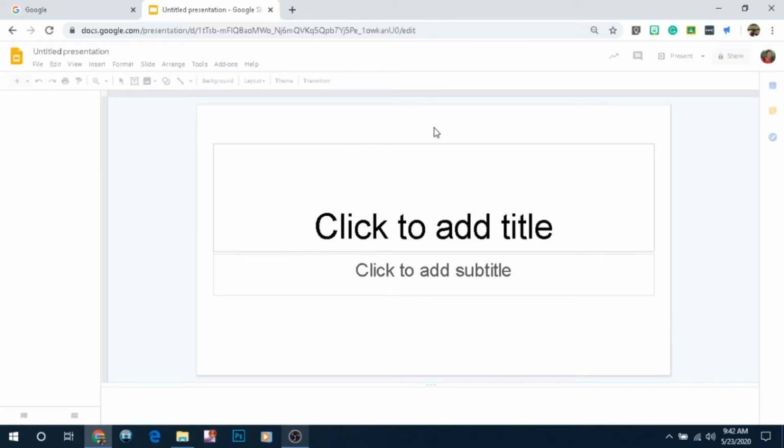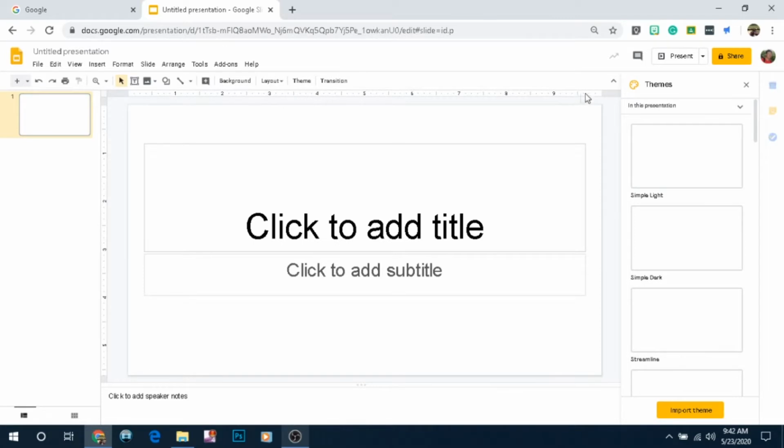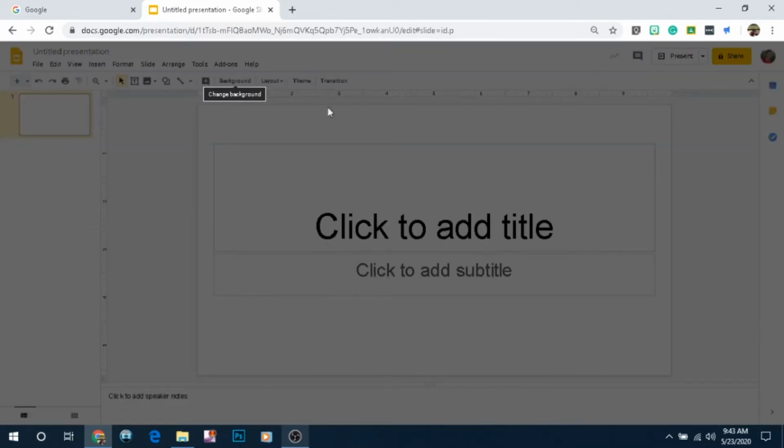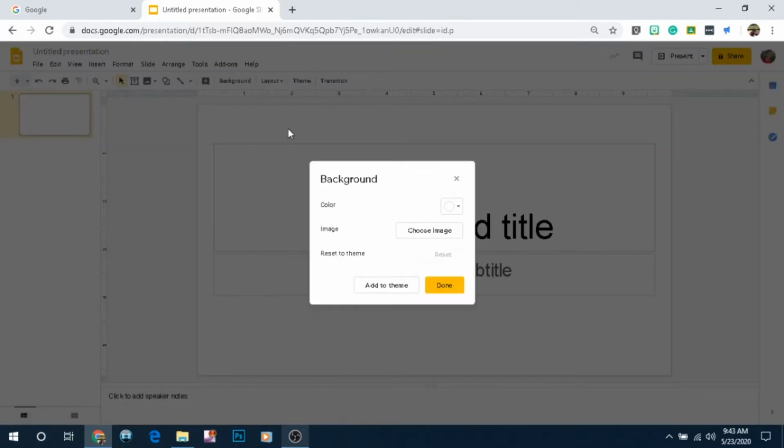we're going to need to format the background. So I'm going to go ahead and click on the slideshow place. Now once it opens up like this, we don't want themes open. We're going to go here to backgrounds. Okay, so now to add a GIF file as the background on this particular slide, what you would need to